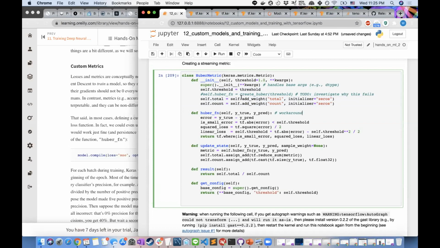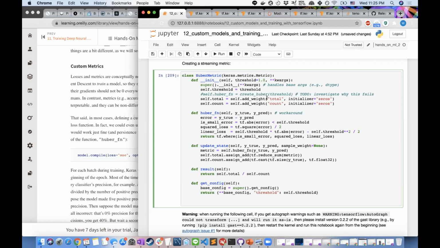And notice this add_weight, where does it come from? It comes from keras.metrics.Metric. Only by calling super, you can inherit this class method